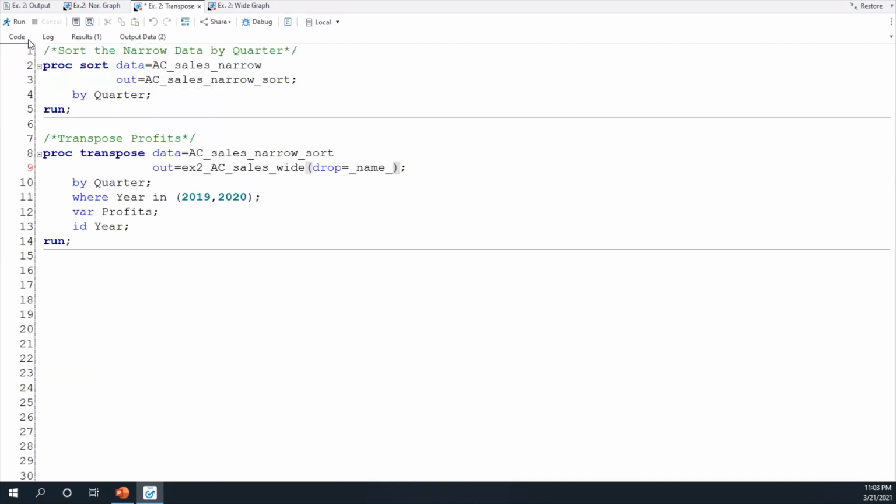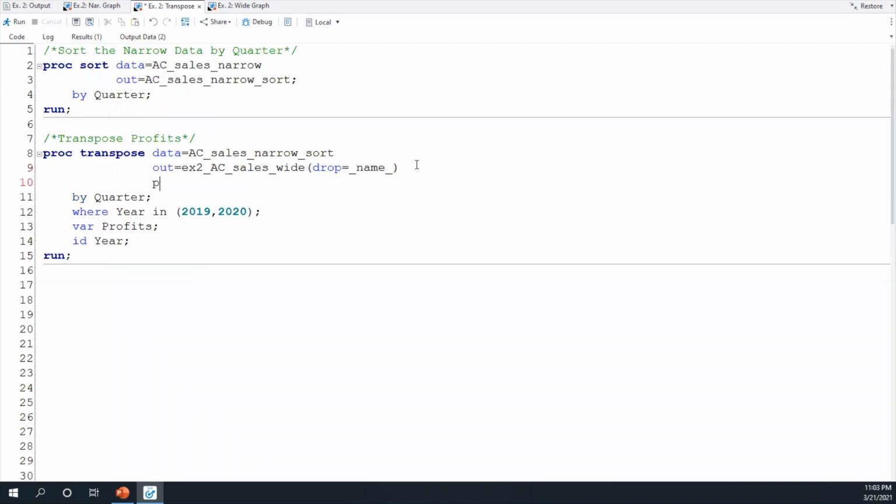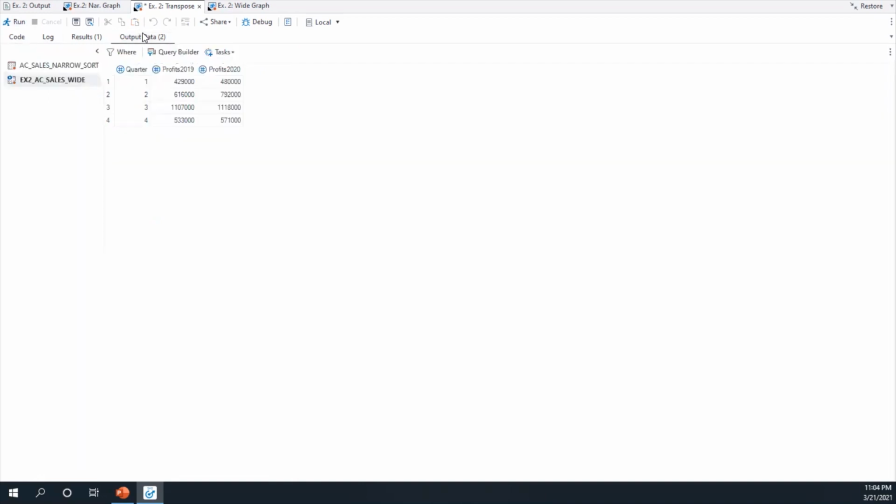So going back over to my code, I'm going to add in the prefix equals option on the proc transpose statement to set a prefix of profits. I'll rerun my code one last time, take a look at the output, and it looks perfect.